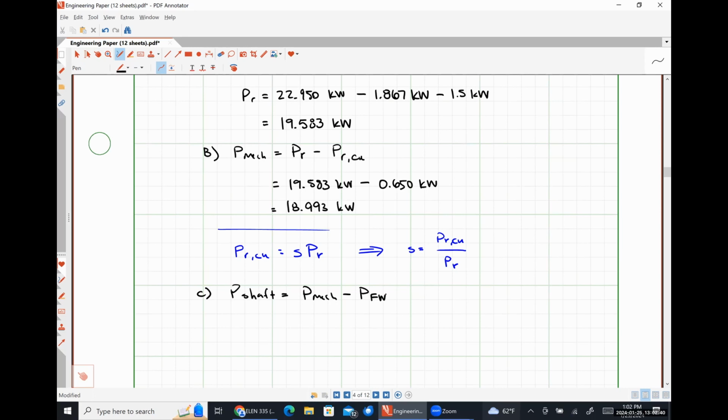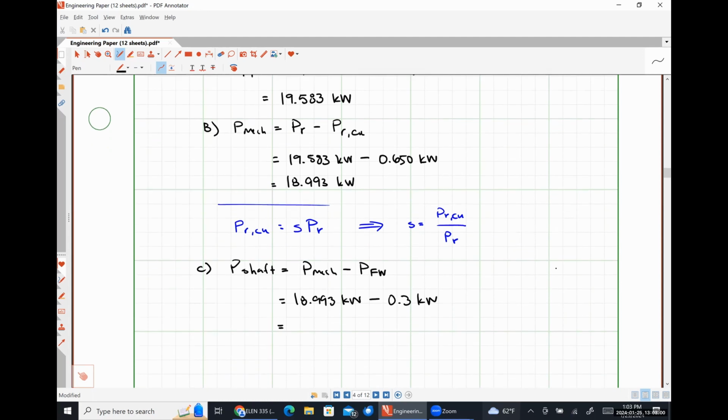I'm using the symbol PFW for the friction and windage losses. So that's going to be 18.993 kilowatts minus our friction and windage losses, which were 300 watts, so 0.3 kilowatts. So that comes out to be 18.663